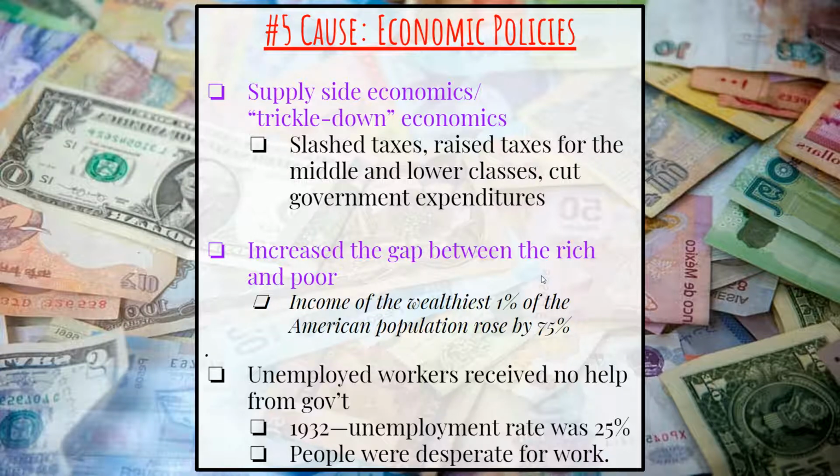So Herbert Hoover believed in this thing called trickle down economics, also known as supply side economics. He says if I help the big businesses by cutting taxes, they will take that money they're saving and employ more people, which will allow more people to get out of unemployment and pick themselves up by their own bootstraps. So, rugged individualism. But what ended up happening is these businesses who were paying less taxes, because of trickle-down economics, because of slashing taxes for business and raising taxes for the middle and lower class, were saving it and not investing it back into the community, which continued unemployment.